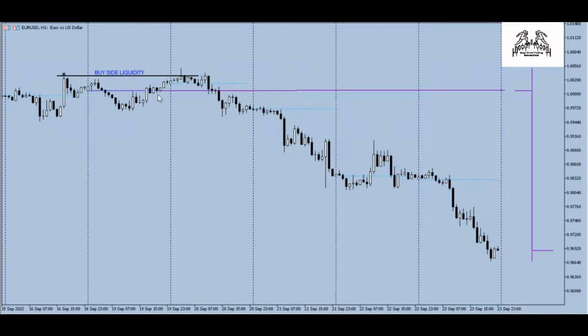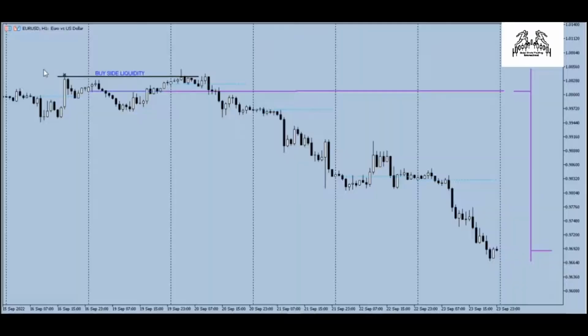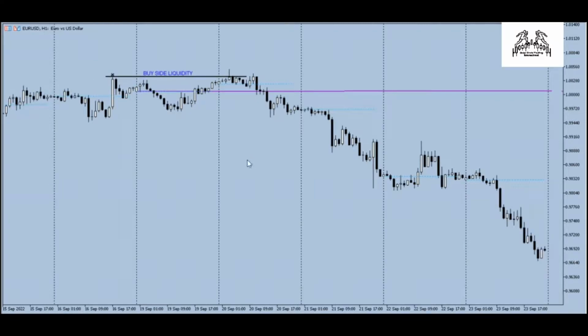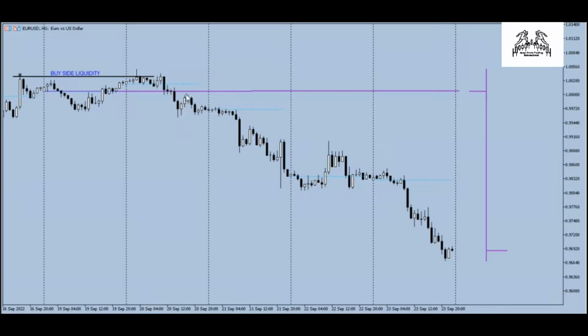As you can see, price moves to the upside and it takes out the previous week high, and after taking out the previous week high, we see an expansion to the downside, as you can see. This is so precise and so generic. This is what you have to understand. I will be touching other important things that you have to understand. Here in the EURUSD, as you can see, the high of the week formed on Tuesday. On Tuesday, it took out the previous week high, and then it went below